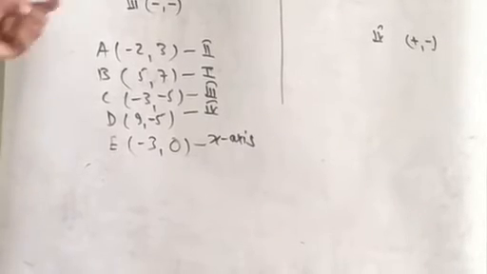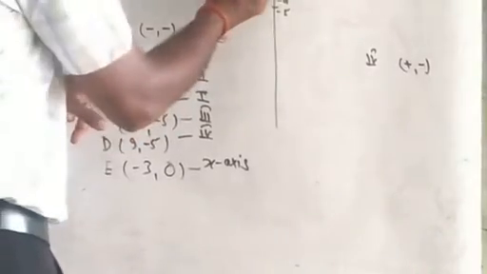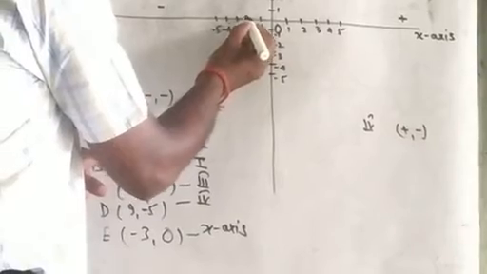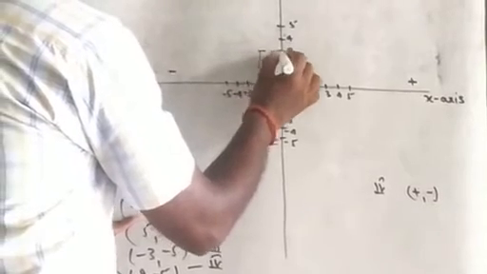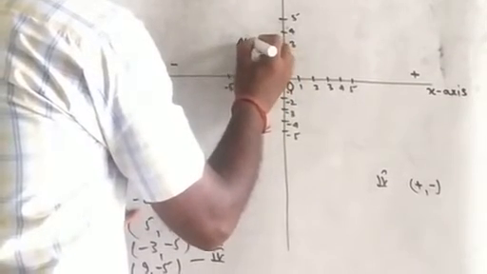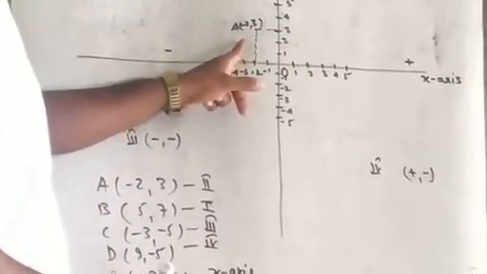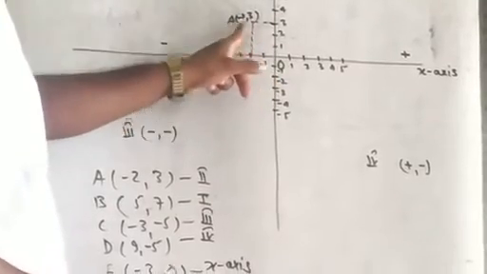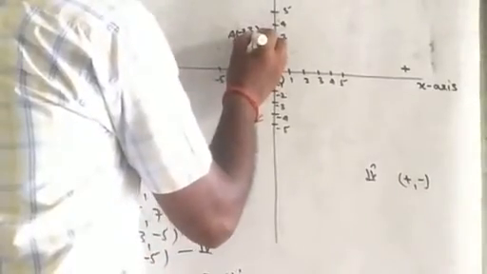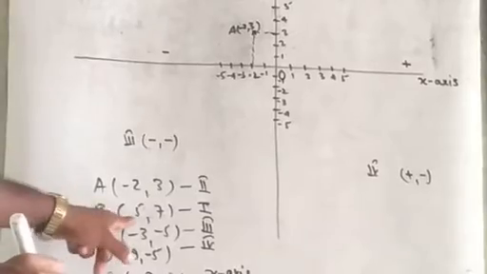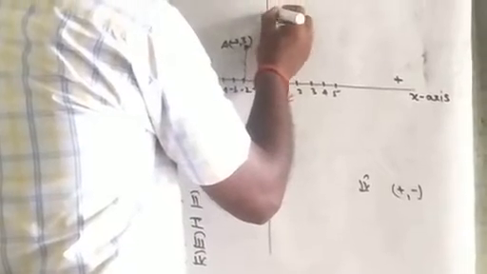Second type of question: represent the points on graph paper. First one I represent: x-axis value minus 2 units. You see, x-axis minus 2 and y value 3. You draw a perpendicular line like here, and this. This is the point A, minus 2 comma 3. You see, draw a line parallel to the y-axis at 2 units and parallel to the x-axis at 3 units. Where these two lines intersect, that is the point A. Second, B is given: x-axis value 5 and y-axis value 7. Sorry, 6 and 7.